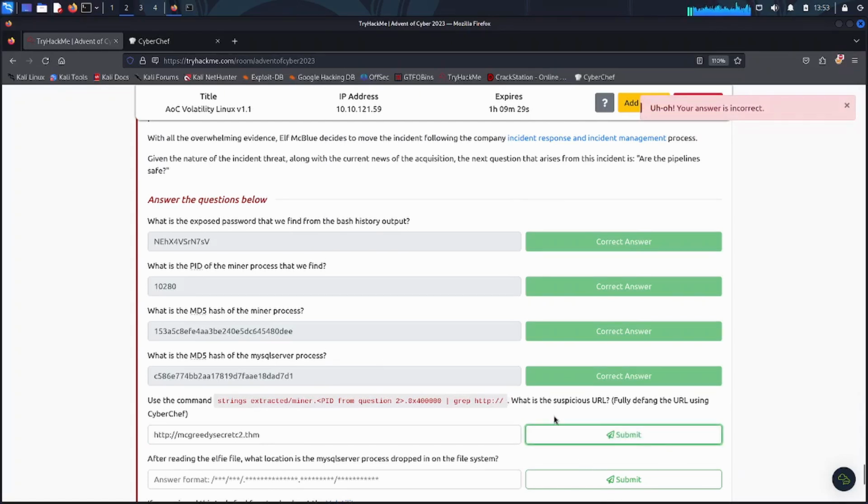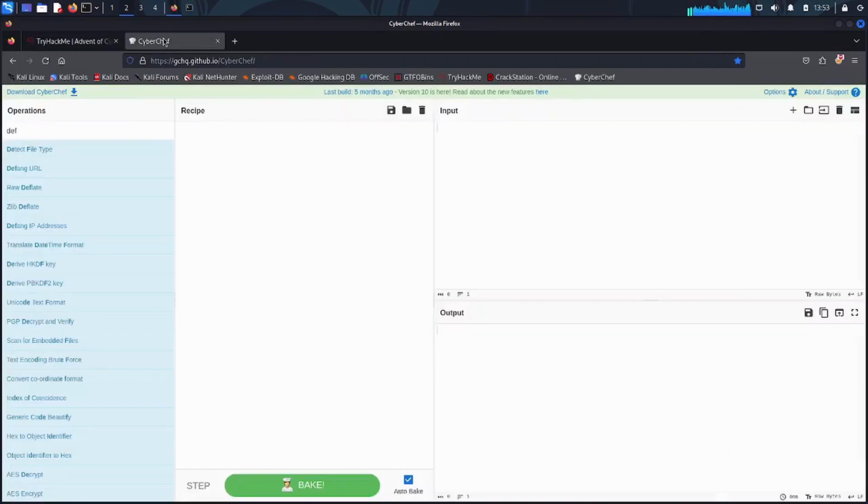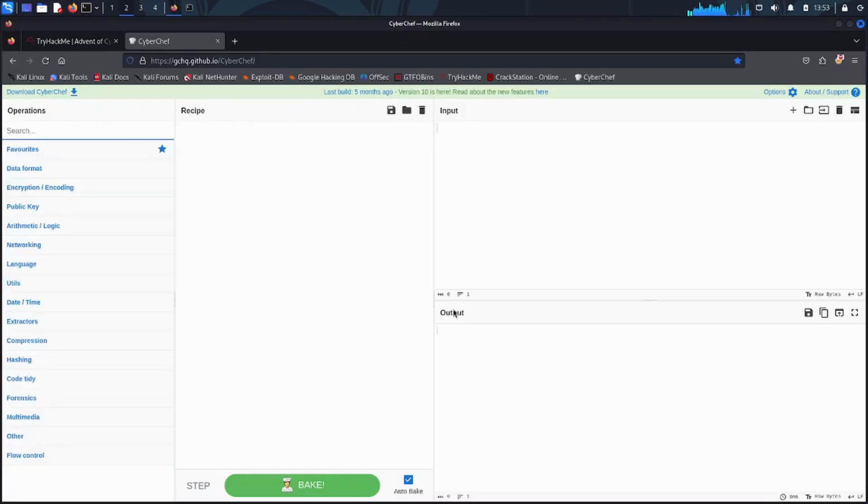The reason why it's incorrect is because we have to defang the URL using CyberChef. I already have CyberChef open here. It looks like this. You can find it by just searching on the internet. It's very easy to find. This is the tool. It's a very useful tool to decrypt. So I'm going to paste the URL here in the input, and what we have to do is